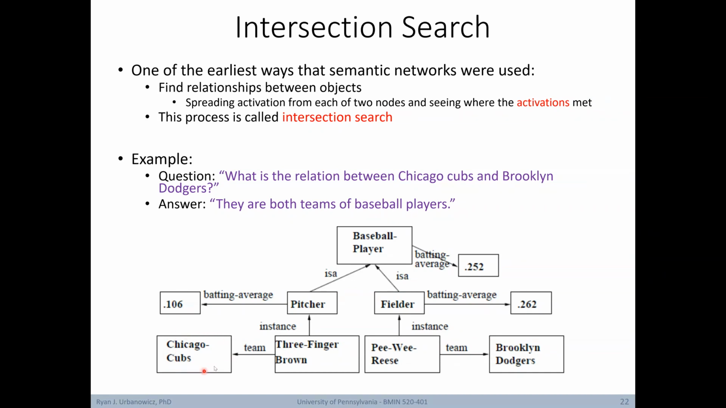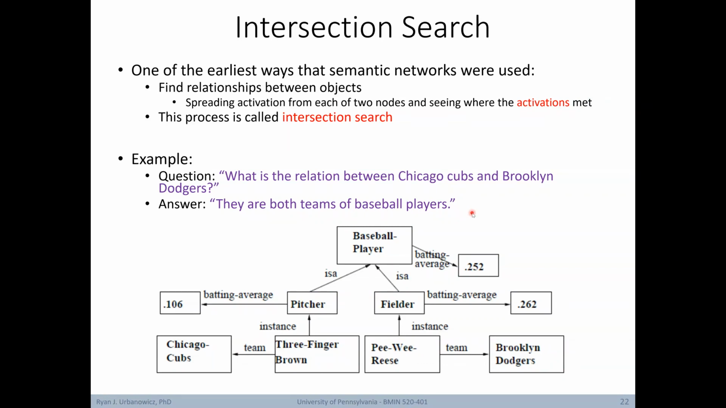In this case, from Chicago Cubs, we're connected to Three Finger Brown, which is connected to pitcher, which is connected to baseball player. And from Brooklyn Dodgers, we're connected to Pee Wee Reese, which is connected to fielder, which is connected to baseball player. So we can use this intersection search to find a node that represents the relationship between